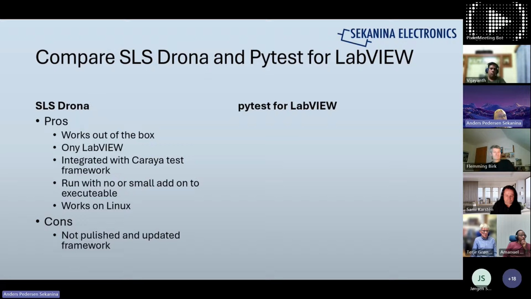The con is that it is something that is just found somewhere on GitHub, and there was a CLA Summit presentation many years ago, at that time when they had CLA Summits. I was thinking 2019 or something like that. It doesn't seem to have been updated much since. So either you can take it in and just continue working, it's an MIT license, so you can just continue working with it,